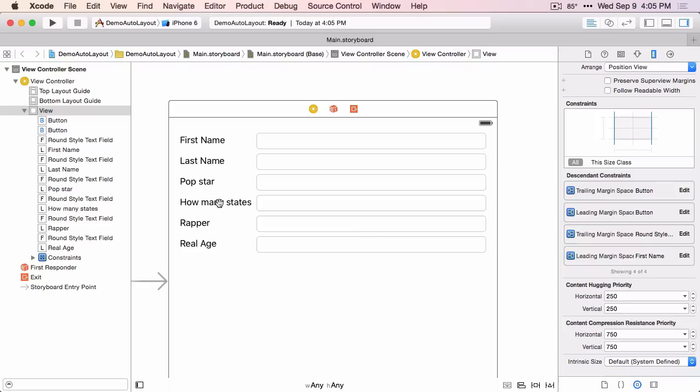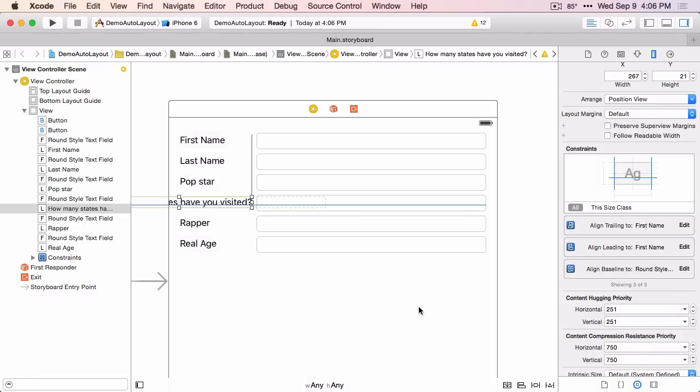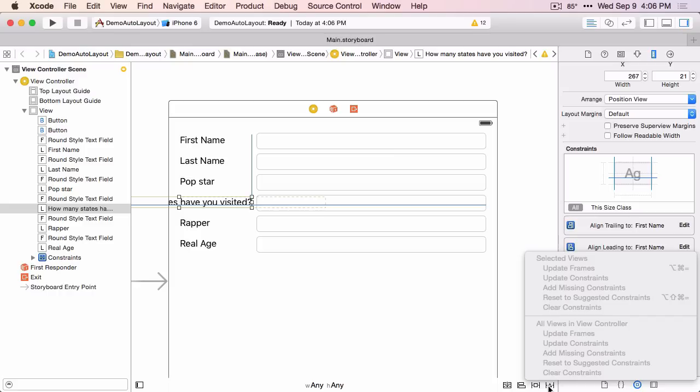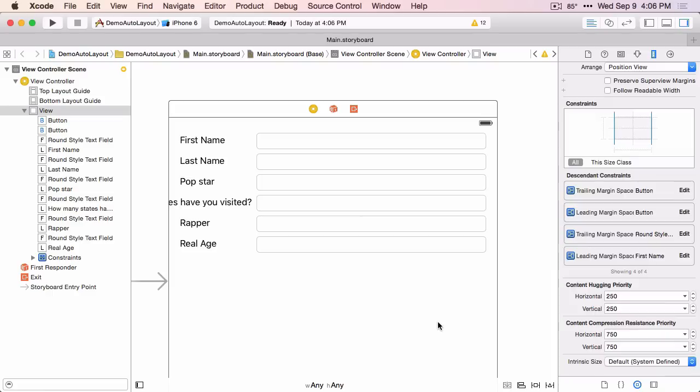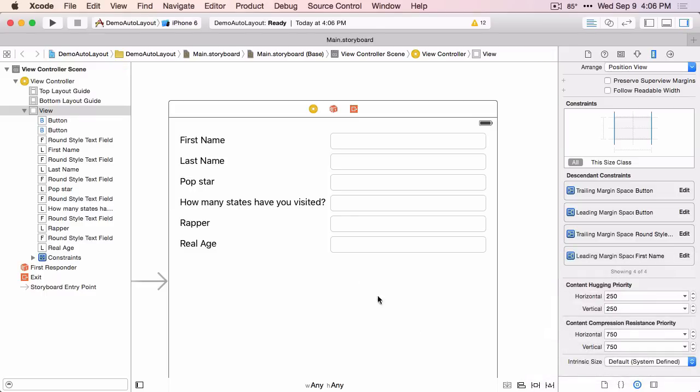Let's say our designer says we don't like the abbreviated version of these labels. We want to use a longer label. Let's change this label to how many states have you visited? And let's update frames again. Sometimes when I click this button and all the options are grayed out, I just need to click back in the view and click it again, and it'll enable those options. So we update all the frames, and look, all our text fields are still aligned, and we've got enough space between them and the text. So let's look in the assistant editor